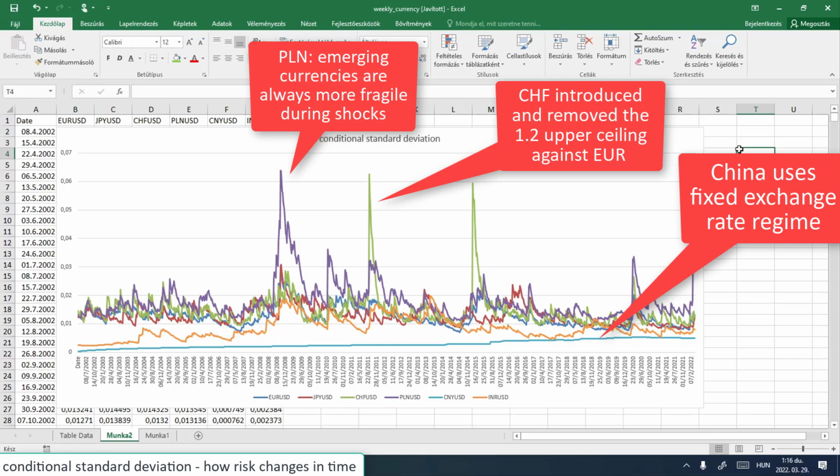But since this data will be used as an input for option pricing, we will see that if we would like to secure or hedge our exposure against this exchange rate risk, the problem is that we have to purchase options regularly. If we are not doing these regular purchases, it means that when we see the market starting to become crazy, we have to do this really fast, otherwise we will purchase options at a higher price than we're supposed to. So we start to pay elevated fees or premiums, and it's bad for business.